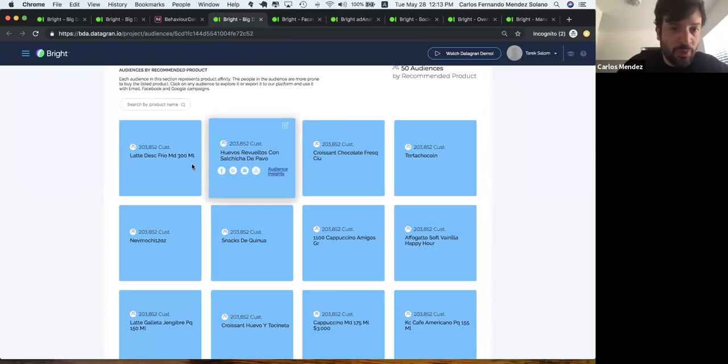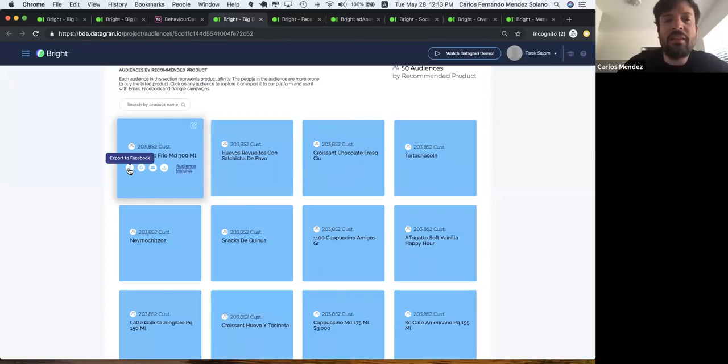So very useful. And again, you can export this as a custom lookalike CSV file or just as an email campaign. For those people that still don't understand what a lookalike is: a custom audience is specifically the people that we selected in the cluster. And a lookalike is where we're using the Facebook and Google DMP so that they can extrapolate that audience that we're sending them and give us an audience that is similar to the one that we are sending.